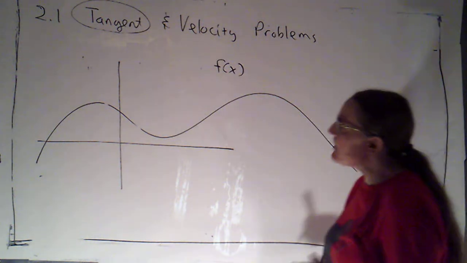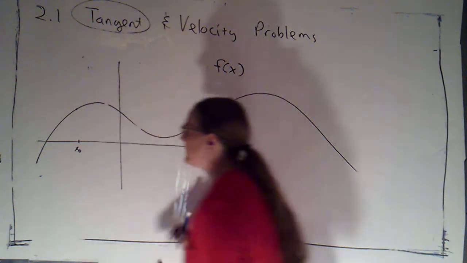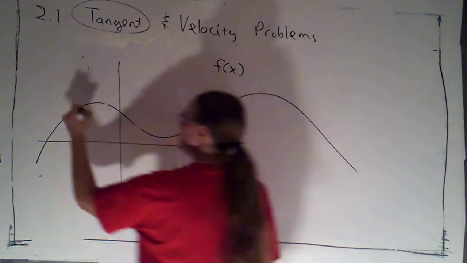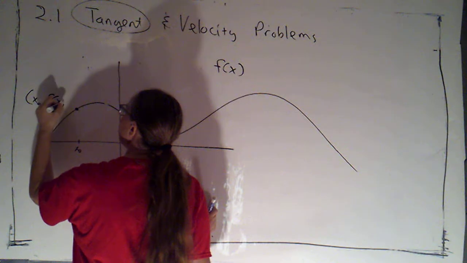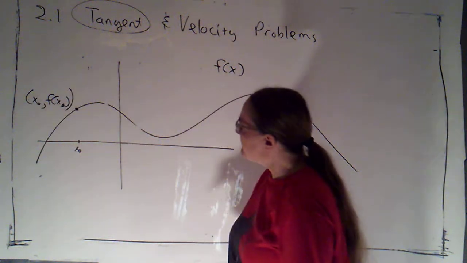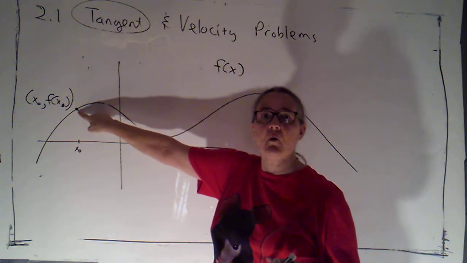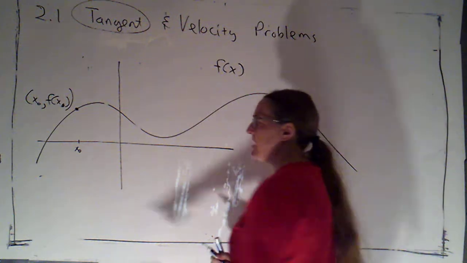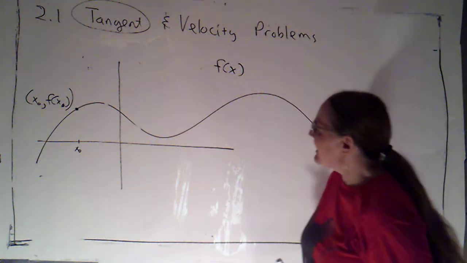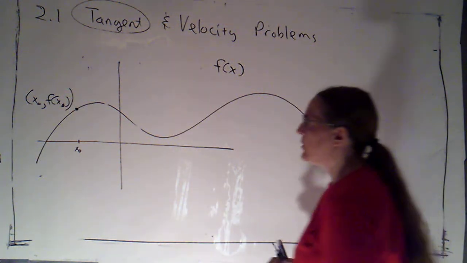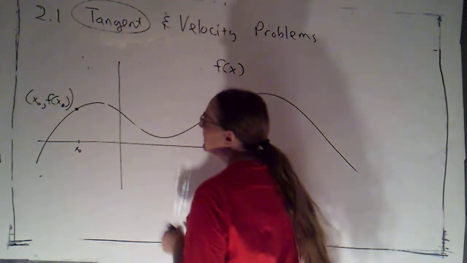However, if I were to say, let's look at this point right here, I'm just going to say that's the point where the x value is x naught, so that the y value would be f of x naught. If I say I'm talking about what happens here, are we going up or down as we pass through that point? Now I can answer that question. I can say, as we pass through that point, we were going up. Okay? And I can talk about how steep we were. Okay? So, if I estimate, it looks like